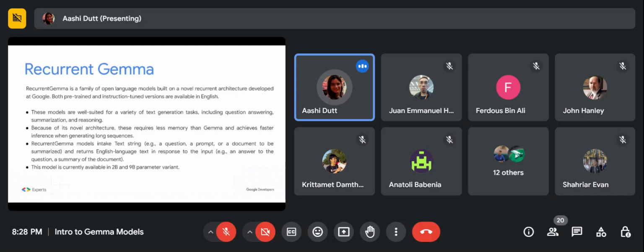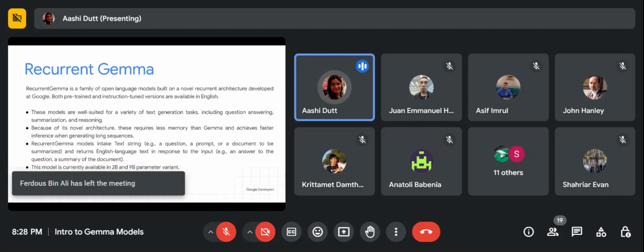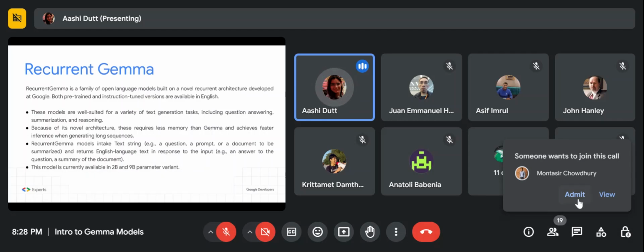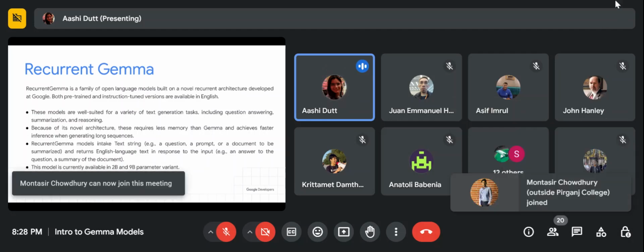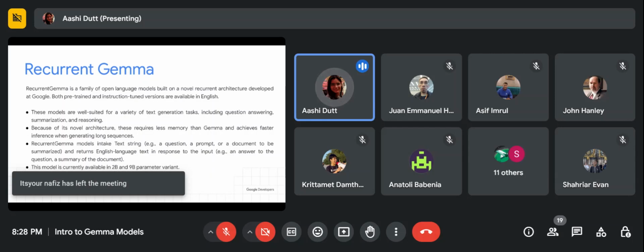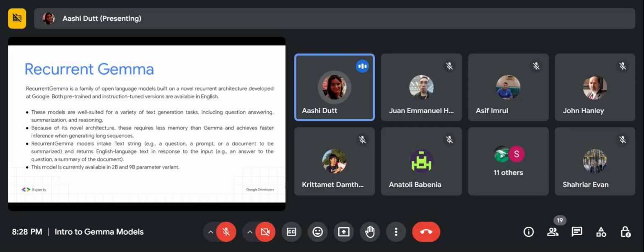Next is Recurrent Gemma. Recurrent Gemma is a family of open language models. It's again from the open language models family, but as I told you earlier, it is built on a novel recurrent architecture that is developed at Google. Recurrent architecture means recurrent neural networks, or RNNs. These are well suited for, of course, text generation tasks like question answering, summarization, or reasoning. But why it's novel is because it requires less memory than Gemma and achieves faster inference when generating longer